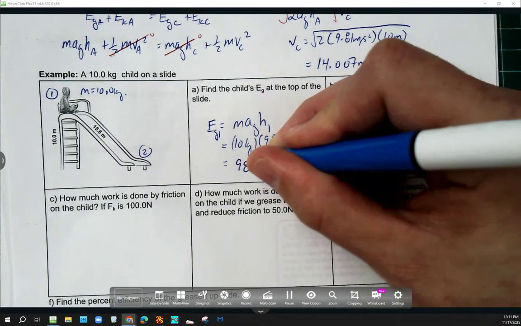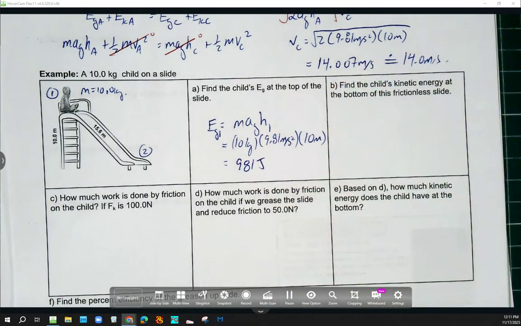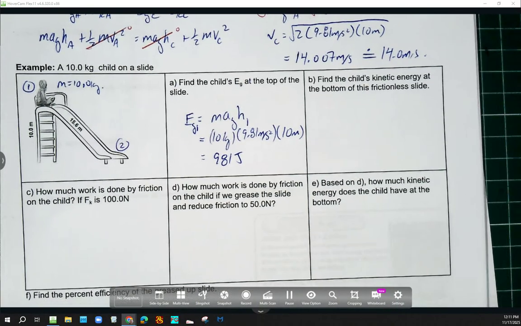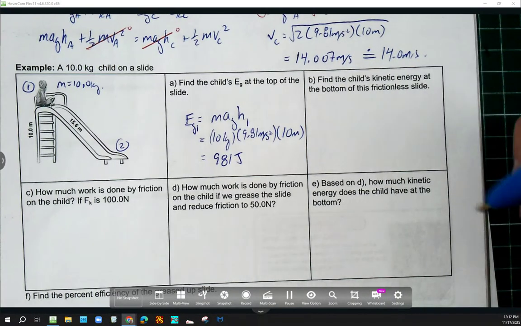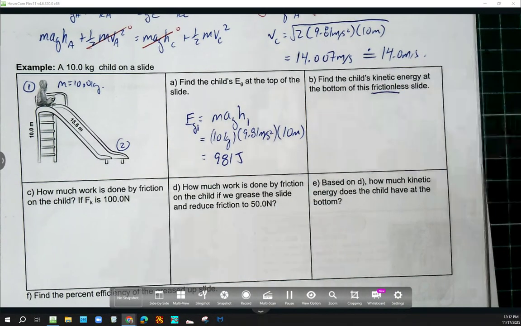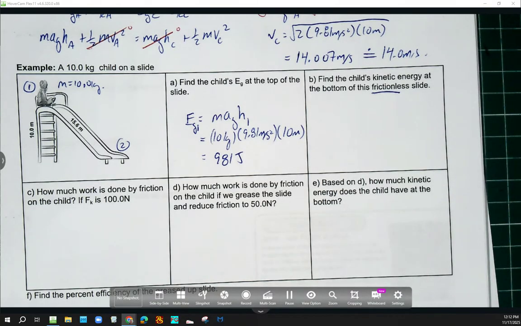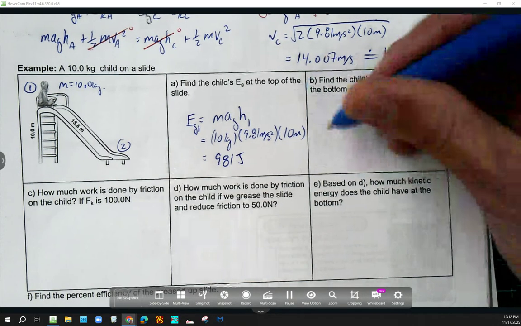981. Nice. 981 joules. And we don't even have to round on that one. Rather than taking time on therefore statements, I'm going to just keep on going. It says, find the child's kinetic energy at the bottom if the slide is frictionless. So this is our 100% efficient scenario, and we're going to throw a wrench into that in just a minute. But that means that